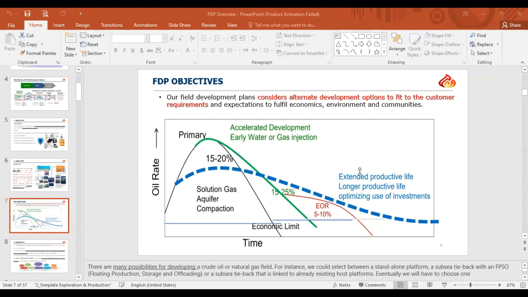Okay, it's based on what we call the concession agreement. When I shall start our field development planning is after the declaration of the discovery. So here in Egypt, for example, I shall submit the FDP to the authority within 90 days from declaration of my discovery. So I have a time period, it's 3 months, 6 months, based on the agreement between the operator and the authority to submit the FDP,